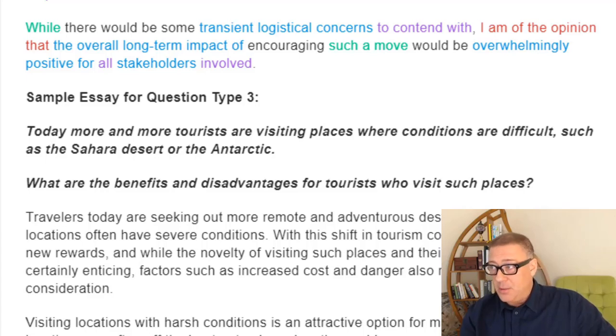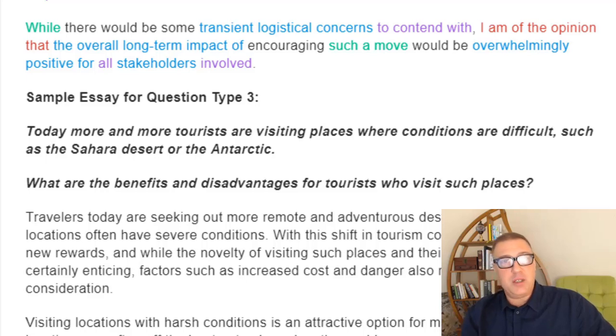So if you look at this question, what's the situation that you need to talk about advantages and disadvantages of? Is it the Sahara Desert and visiting the Antarctic? No. If you look more closely, more and more tourists are visiting places where conditions are difficult. Okay, so that's what you need to talk about. The advantages of visiting a place where conditions are difficult and the disadvantages of visiting a place where conditions are